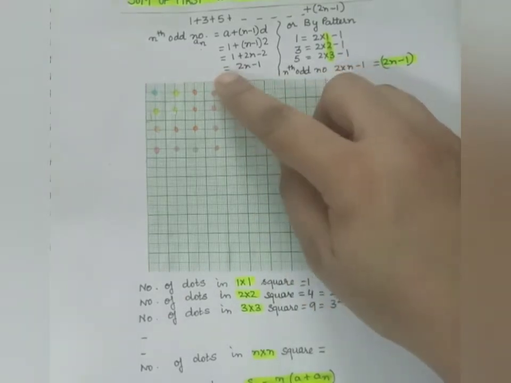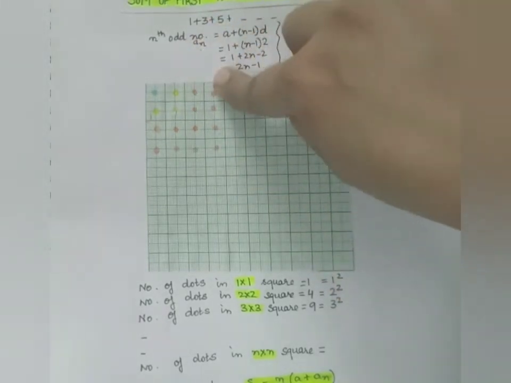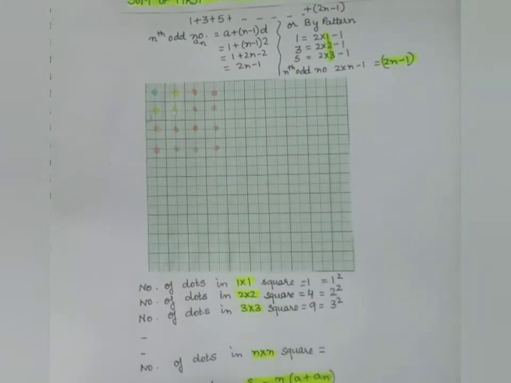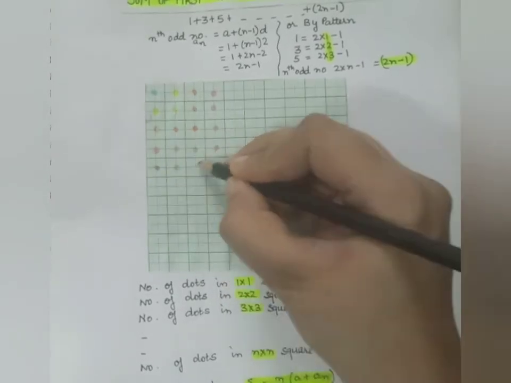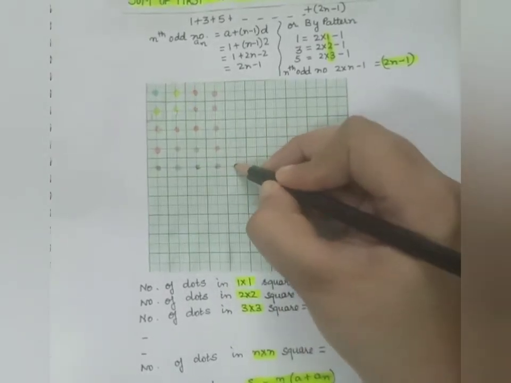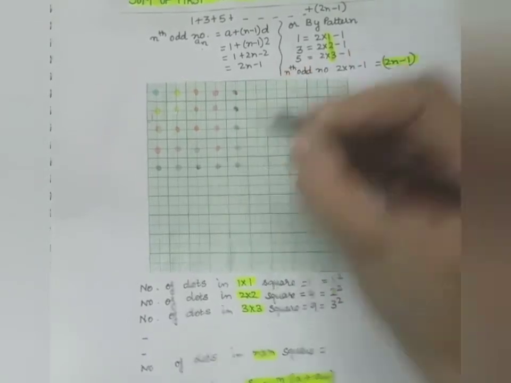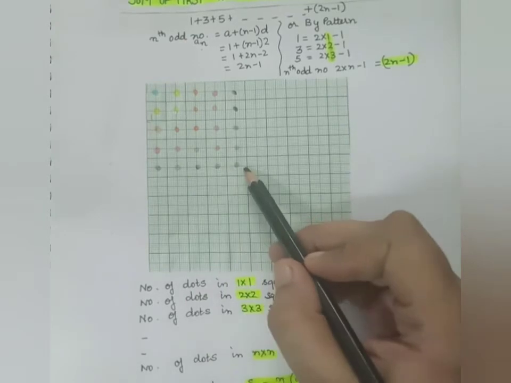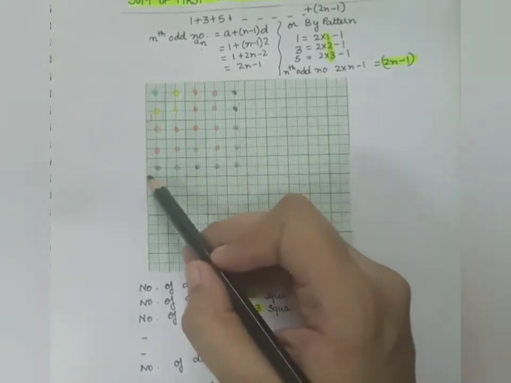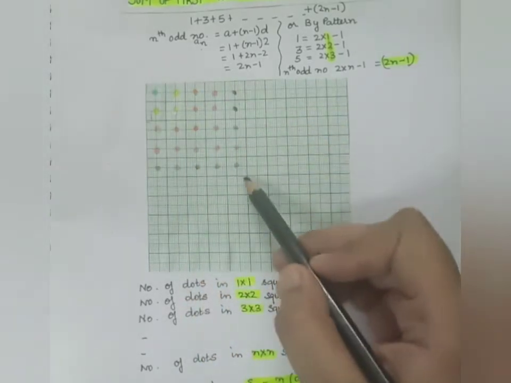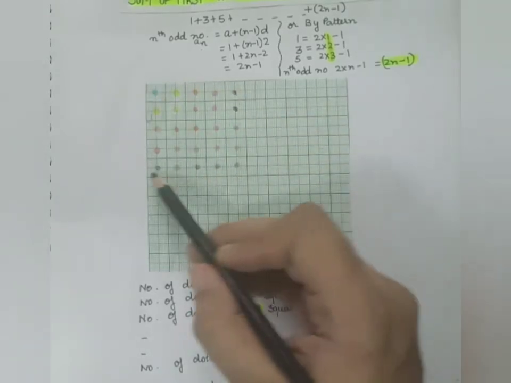And now, this is the first odd number, second odd number, third odd number, fourth odd number, and the fifth odd number that I am adding is 9. So just look at the number when I am saying it is the fifth odd number. So 9, I have added all black dots, 1, 2, 3, 4, 5, 6, 7, 8, 9. And when I add 9, I get a complete square, which is 5 cross 5. 5 cross 5 means 25. So there are 25 dots in here.